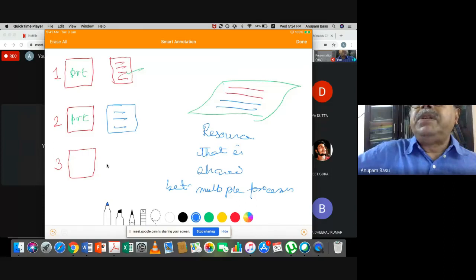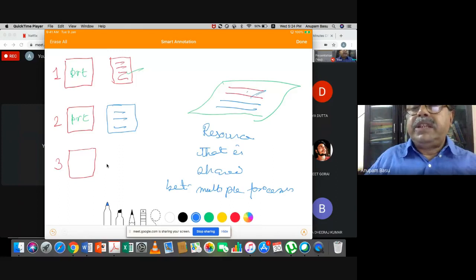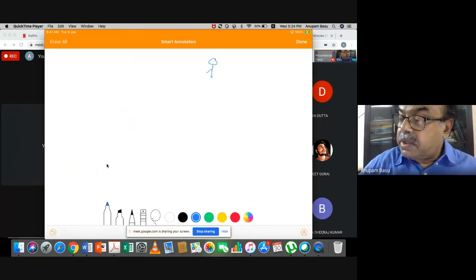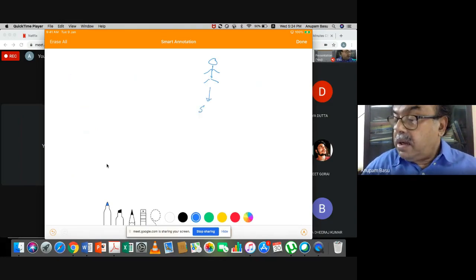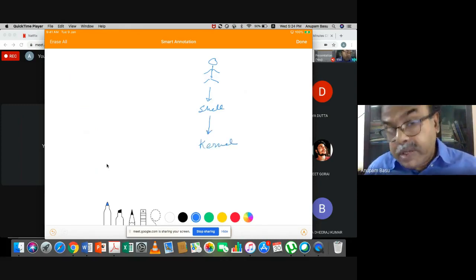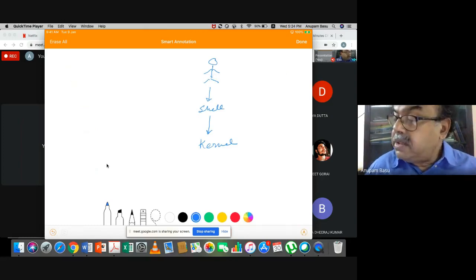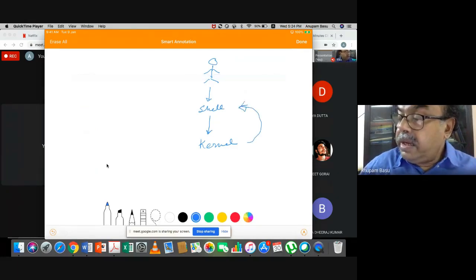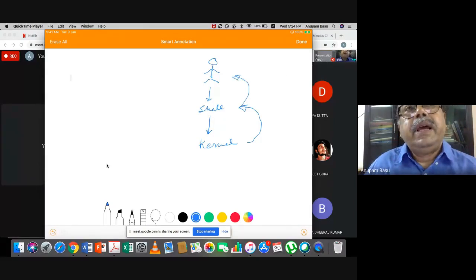If you had multiple copies of those keys, you could give them out. Instead, it's a layered approach. When a process asks for some shared resource through the shell, the shell first requests the kernel, which also has the device driver or the resource manager, and it decides whether that resource is available. If it is available, only then can it be given to that person.